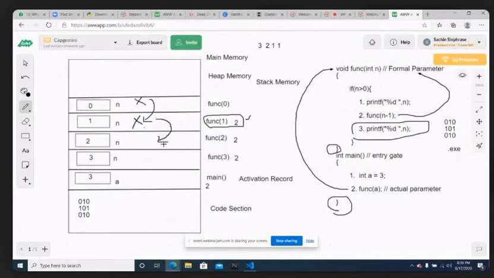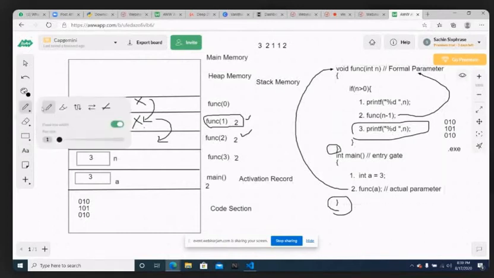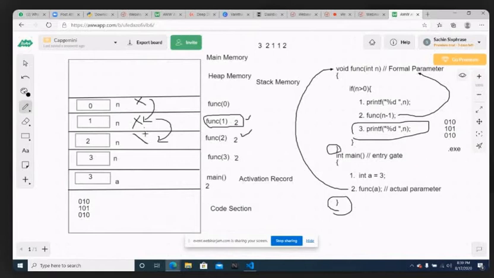Now coming to the next activation record, here this activation record also was executed up to the second line only. Now the left out line, the third line, has to be executed, where the third line is printing the value of n. What is the present value of n? It is 2. So after 3 2 1 1, the next value that should be printed is 2. After printing 2, you come to the close curly brace where this activation record will be deleted. And after deleting it, we enter into the next activation record.